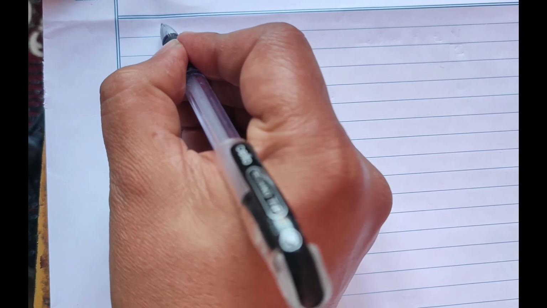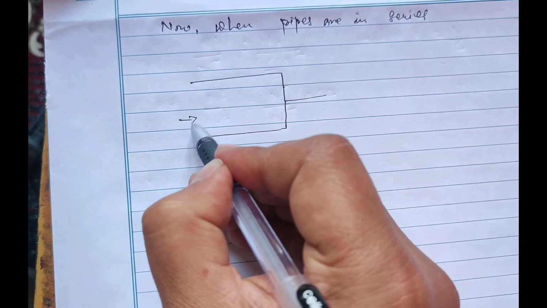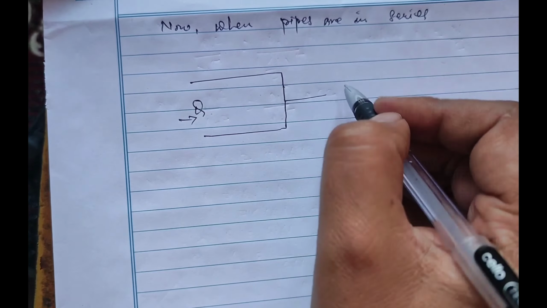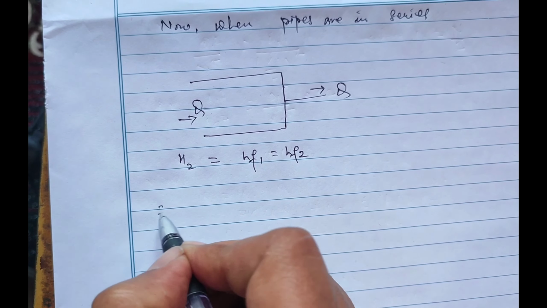Now when pipes are in series, the figure will be like this. This one is the flow of Q and this one is the flow of Q, where H2 equals hf1 plus hf2. This can be written as